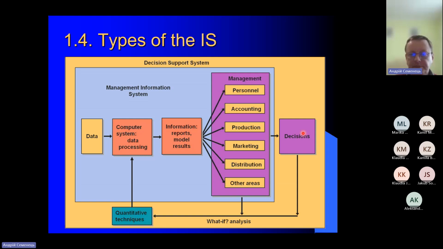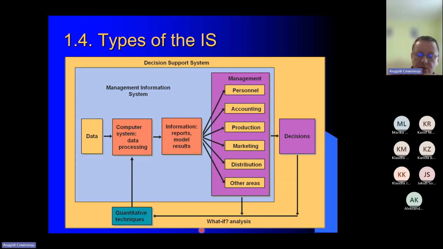Here is an important difference: unlike a management information system, which also processes organizational data and turns data into some kind of information by creating reports, charts, and other visualizations, the decision support system makes the next step and generates some kind of recommendation or suggestion about solving a given problem, which